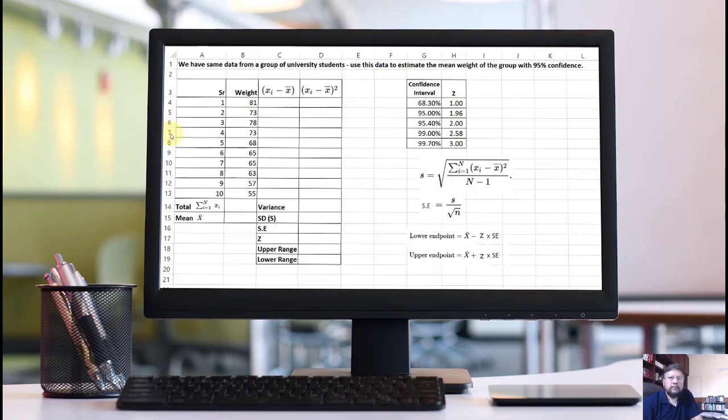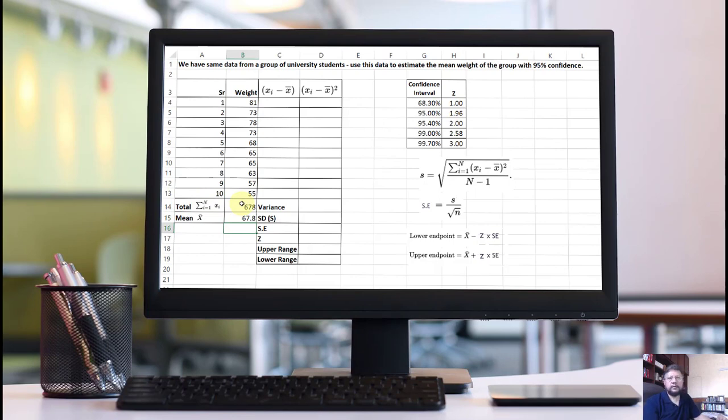So we have weights from 10 members of the group, and we're going to start by totaling these weights. Now I'm going to be using Excel, but you can do all of these calculations by hand. So the first step is to total all the weights. Excel is pretty straightforward, and the total we get is 678. Okay. Next we calculate the mean. Remember, the mean is simply the total divided by the number of data points that you have. So in this case we have 10 data points, so it would be this total divided by 10, and that